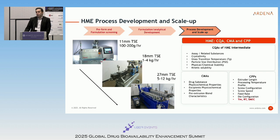Now, when it comes to process development and scale-up, we can support projects from preclinical development using benchtop extruders all the way to 18 and 27 millimeter extruders for commercial manufacturing. Typical throughputs are a few hundred grams on the bench scale, up to 5 to 15 kilos per hour feed rate on the 27